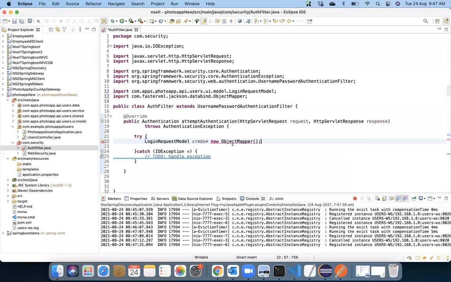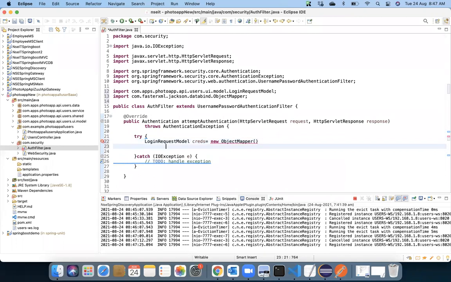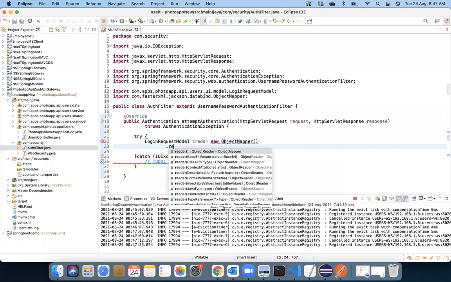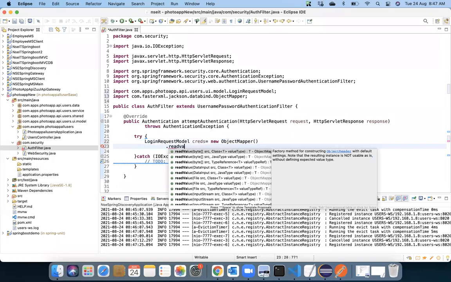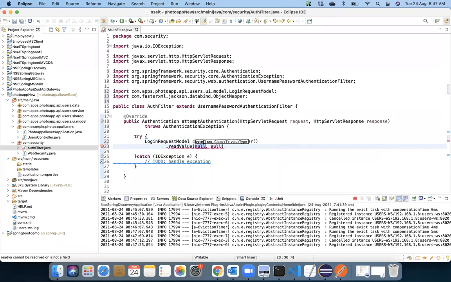So what this ObjectMapper will be doing is it will be responsible to take your input, to be clear, read the value from the JSON and perform the necessary validation. So I'm using this option called readValue. You see there's a readValue. Here I'm taking two parameters.